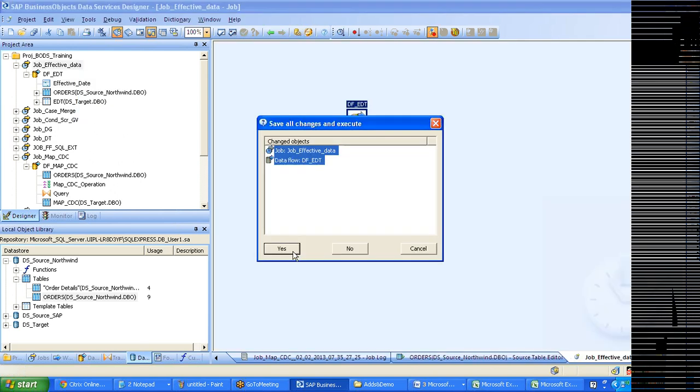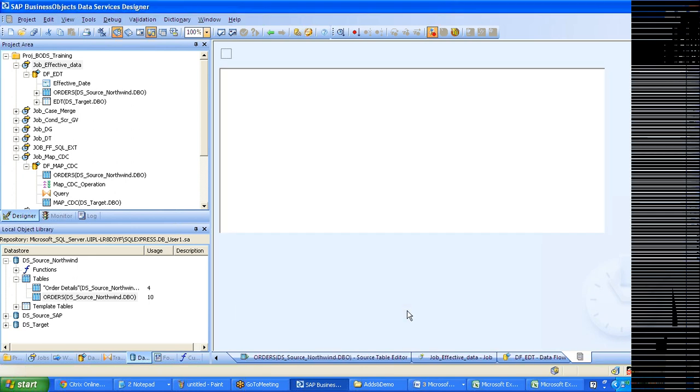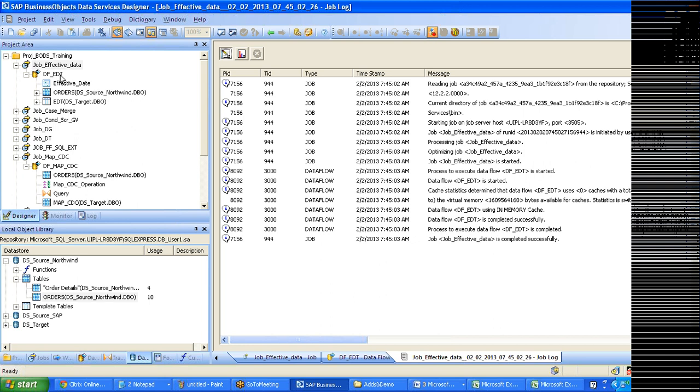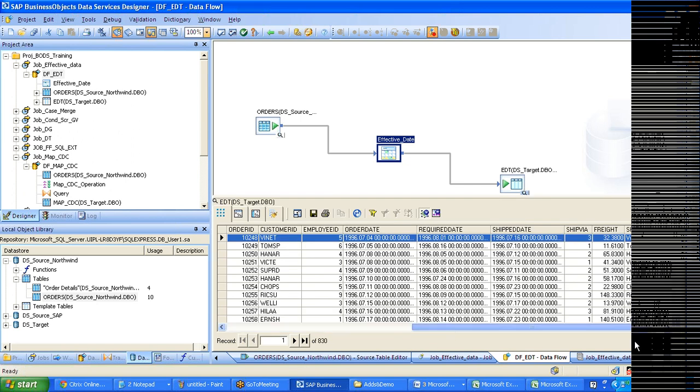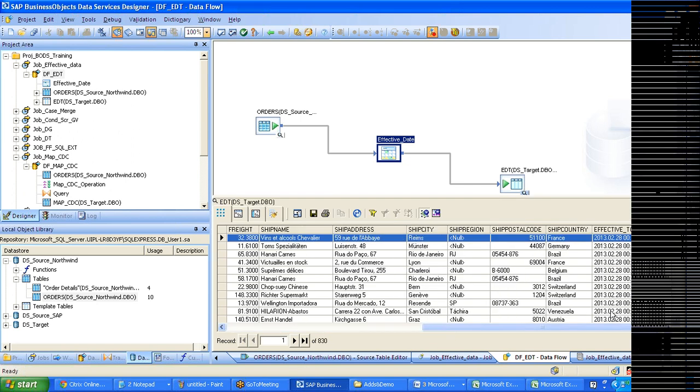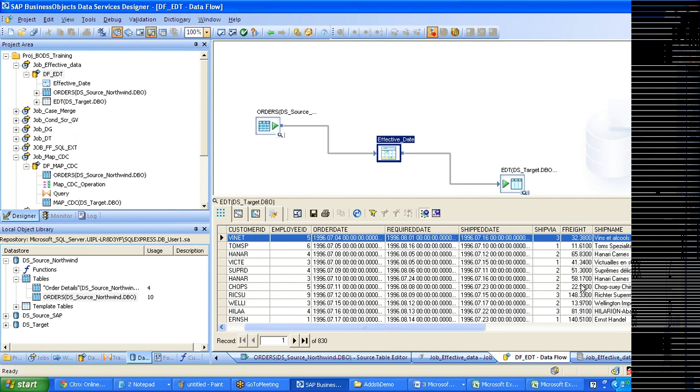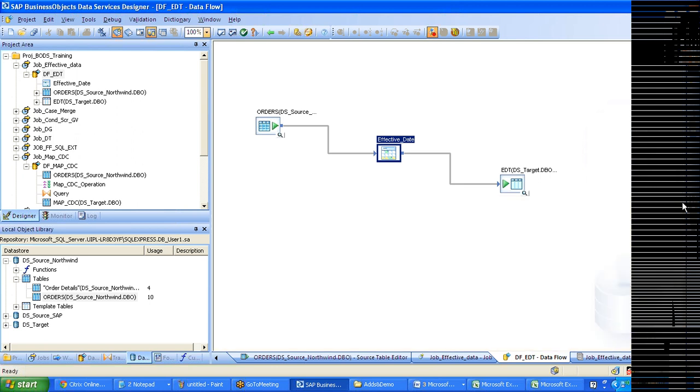So this transformation is all about how you save the CDCs. Now you have an extra column here, the effective date column, and this will be the default date. If there is any change in the freight after this date, the system will save that as a new record rather than updating the same value in the target table. So we are trying to save the old data as well as the new data. If you look at change data capture, there are 3 types of changes: type 1, type 2, and type